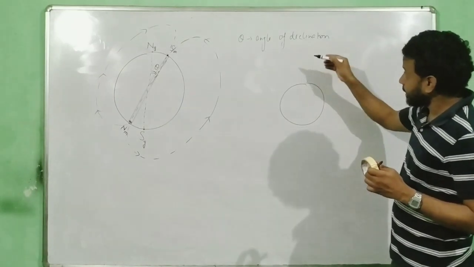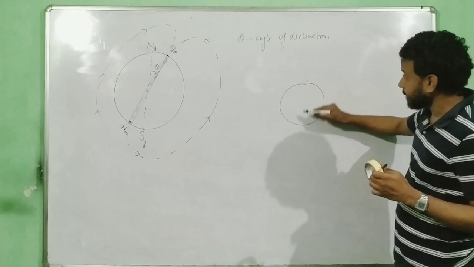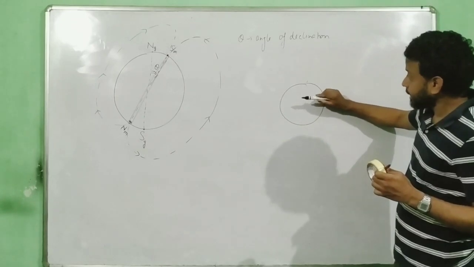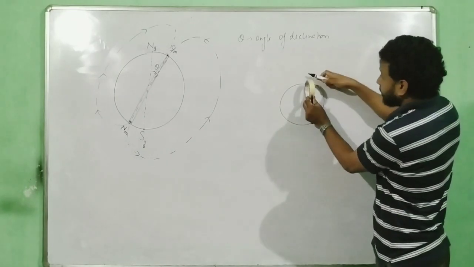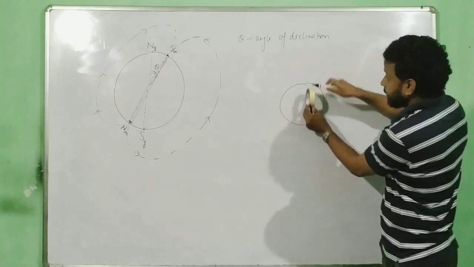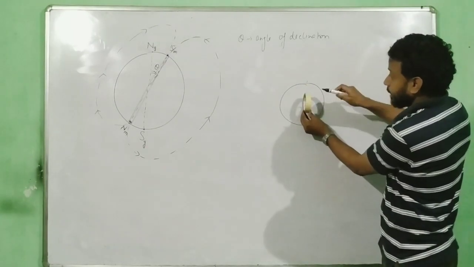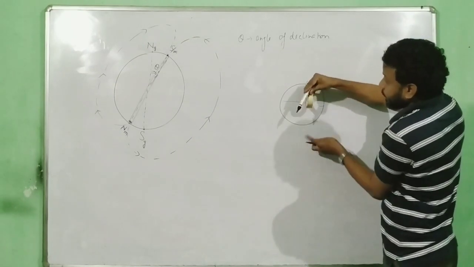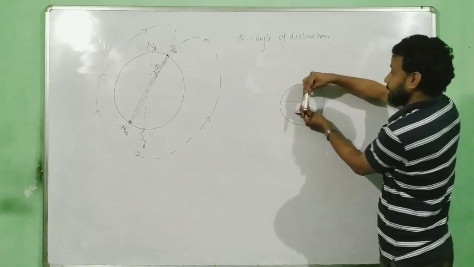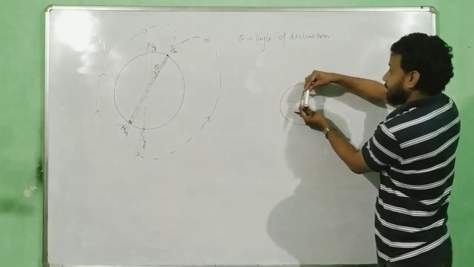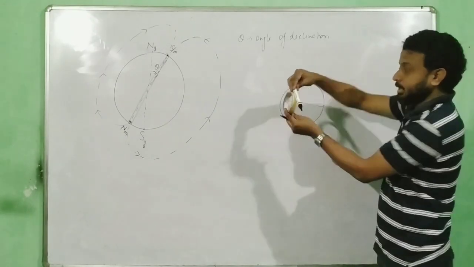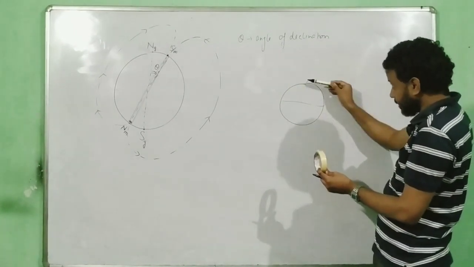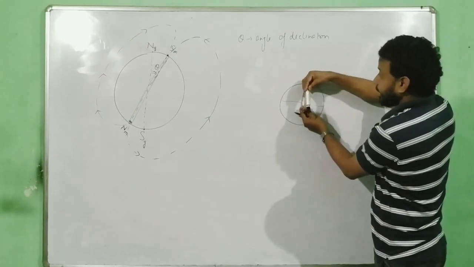It comes up like this and it goes over here and then goes inside. Now just at this point, over here, it goes up and then goes in. Just over here, this is the magnetic equator. At the magnetic equator, if I draw a tangent, look at here. It goes over here, attains the peak and then goes down.